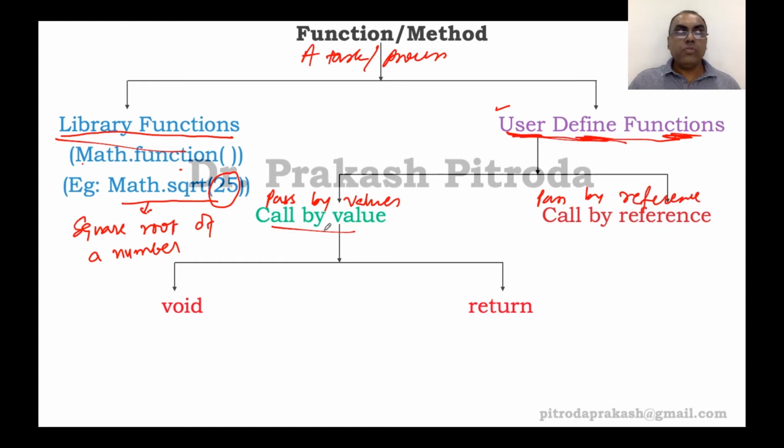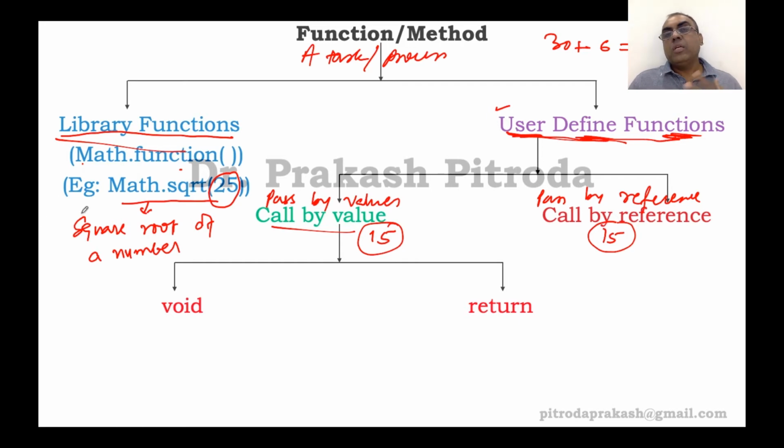Okay, so call by value, from exam point of view, you will be getting one question of 15 marks on this, one question of 15 marks on this. That makes 30 marks, plus at least 6 marks theory, that makes 36 marks. The importance of this particular topic is really high, and it's a need of the hour,